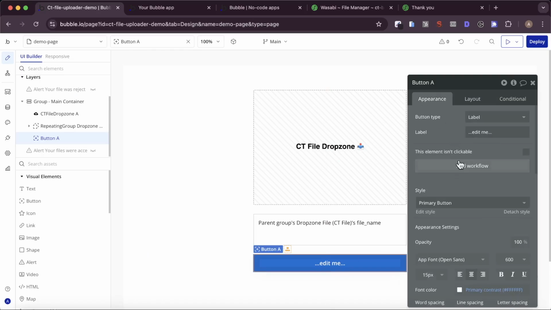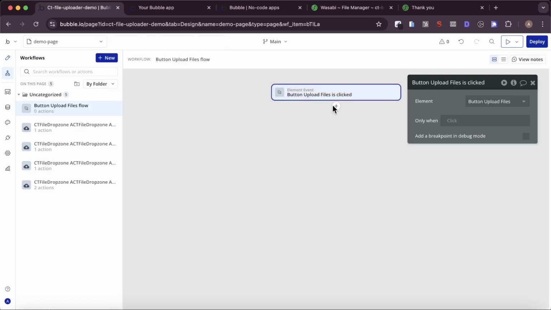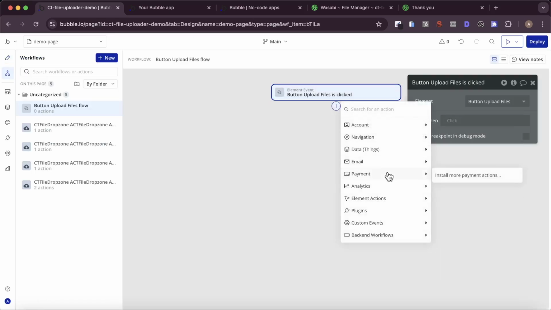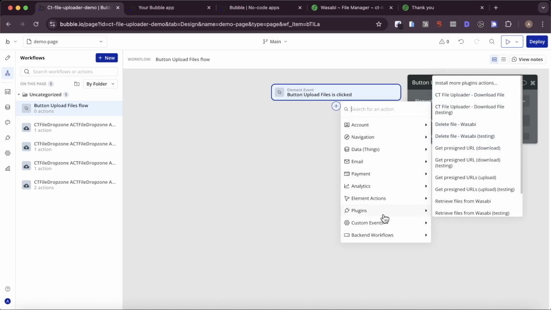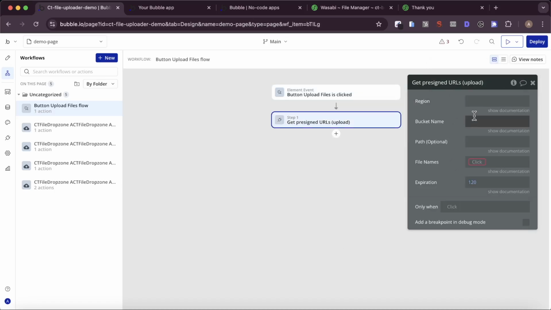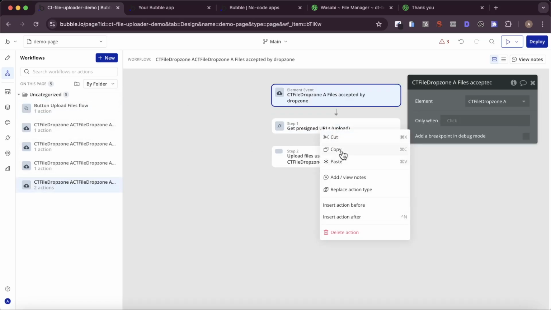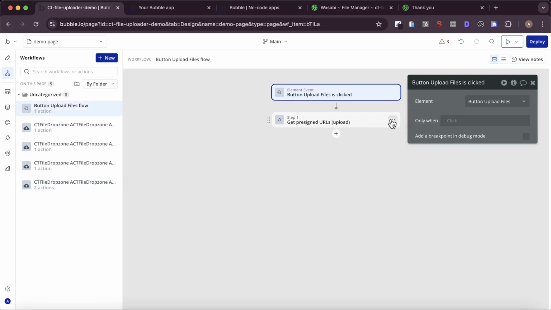And we're just going to say here, upload files. And when this is clicked, we're going to again go to plugins, and we're going to say get pre-signed URLs, and we're going to fill these out again. What I might actually do is just take the one I did a second ago, copy it, and go back just to save a bit of time. So we'll paste that in,